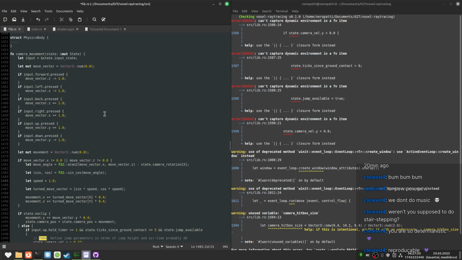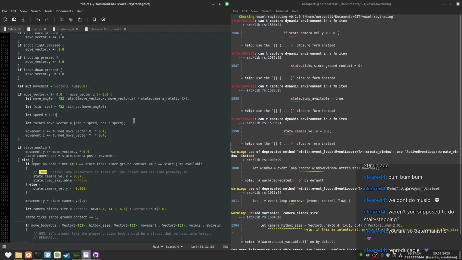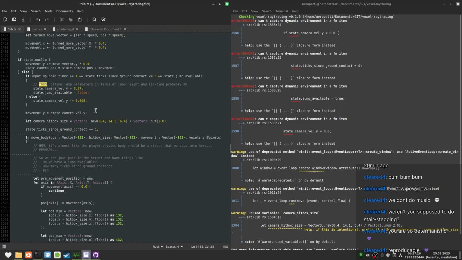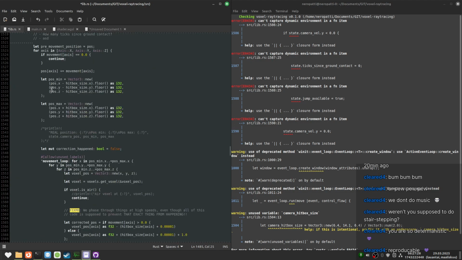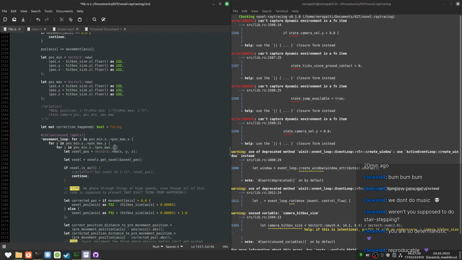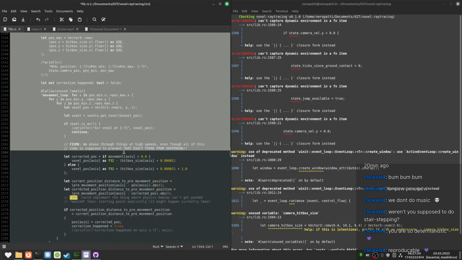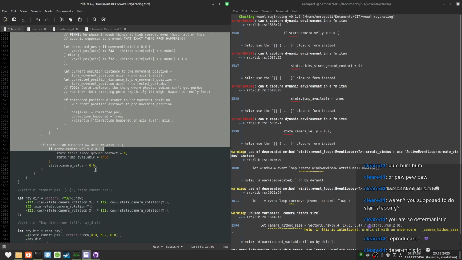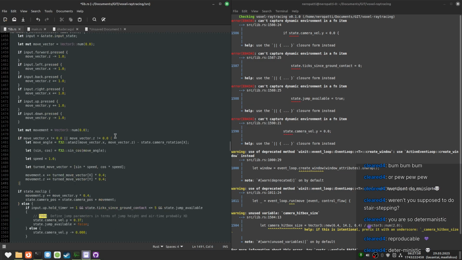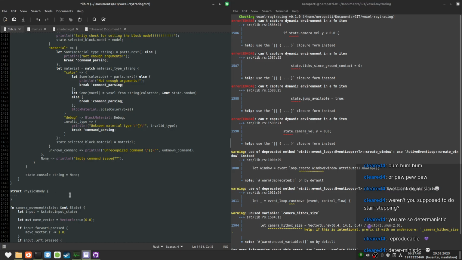Oh, actually, let me think. I'm not gonna move the whole function, only the part where we actually physically move the thing. So this function is gonna move into the physics body. Yes. Anyway.